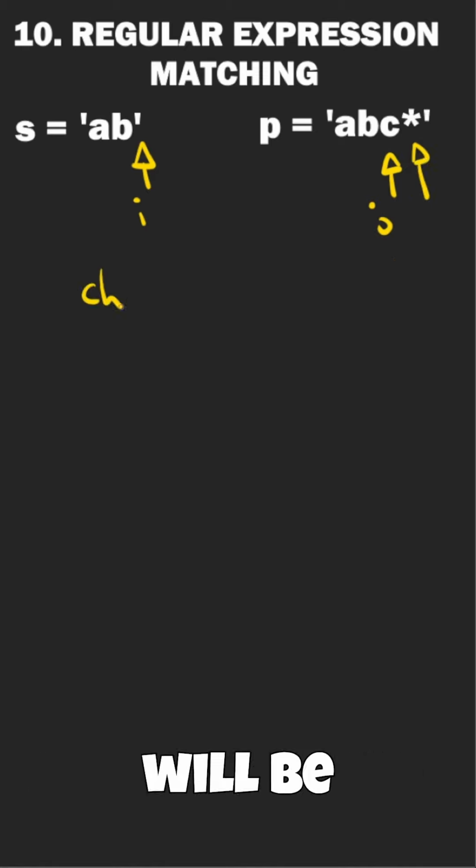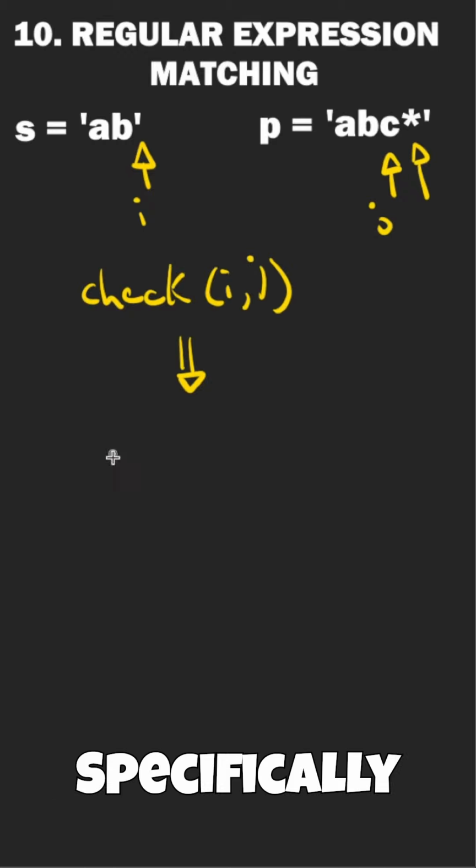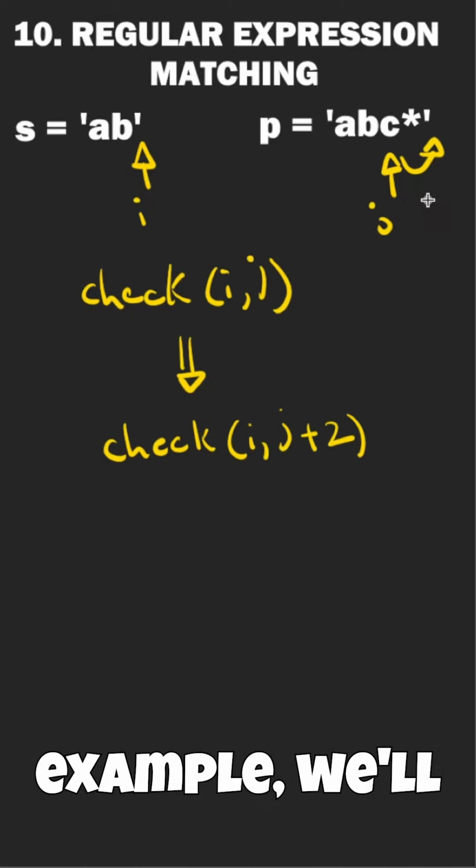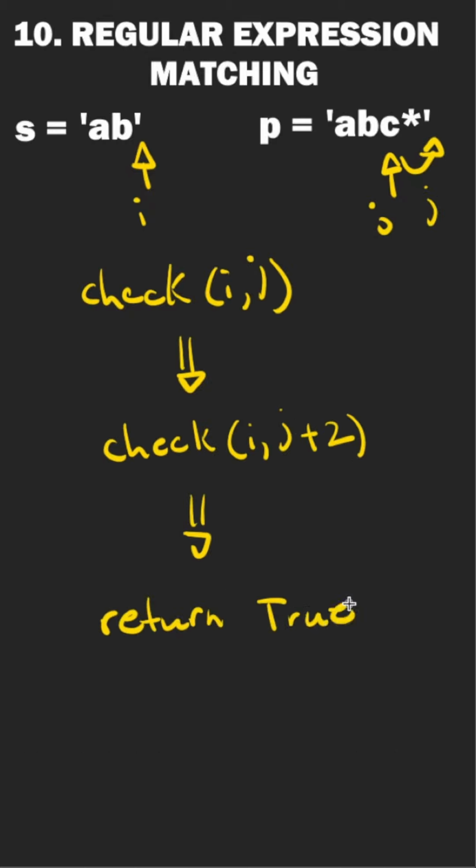If j is at a star term, it will be handled by our recursive star algorithm. Specifically the case where we stop using the star term. In this example, we'll eventually reach the end of p and can return true. And here's the code for